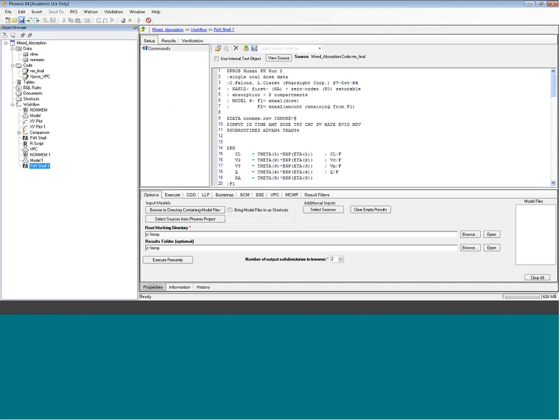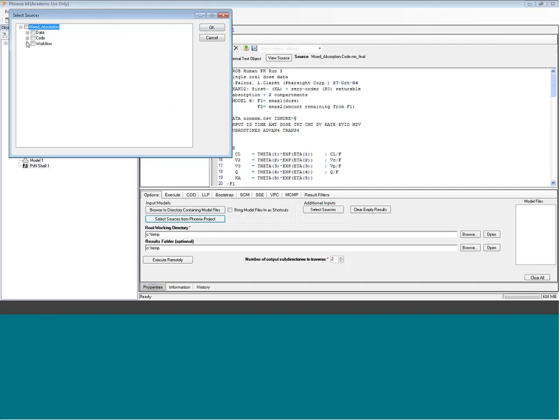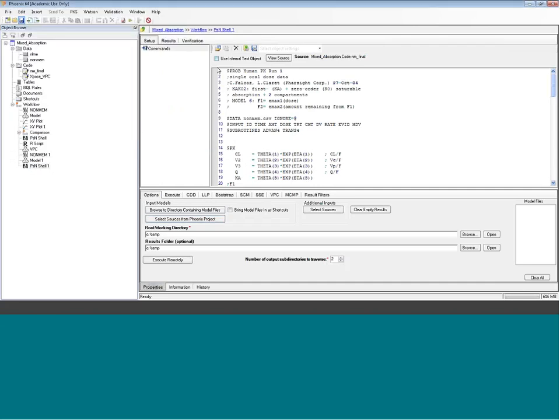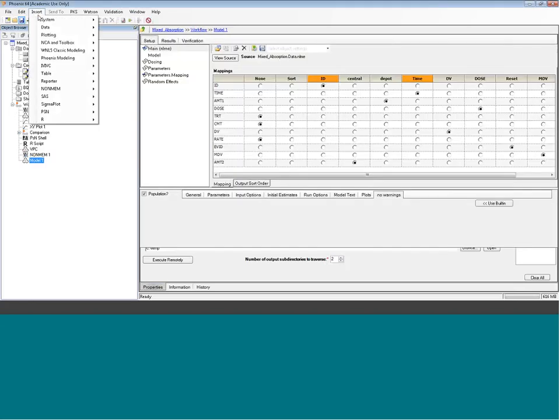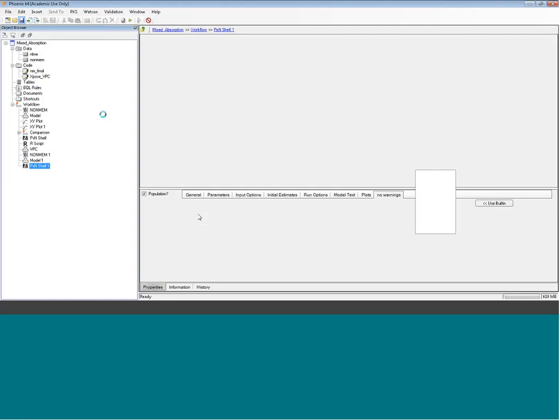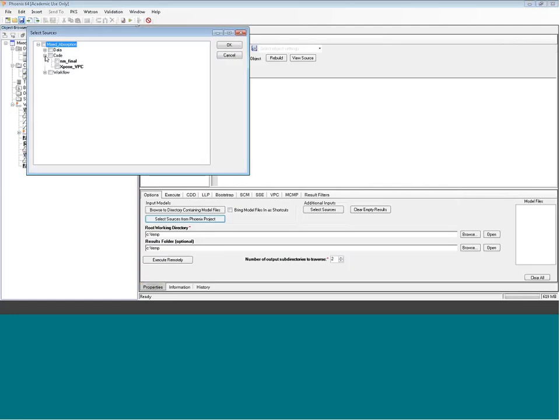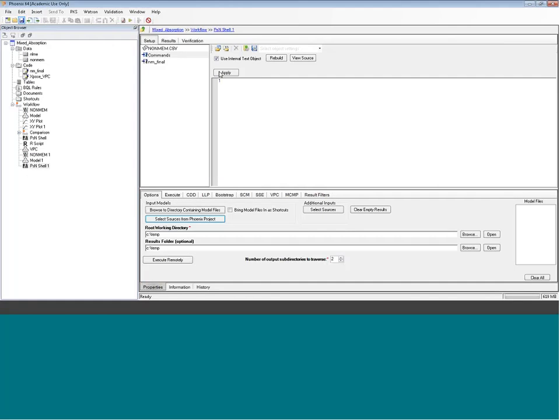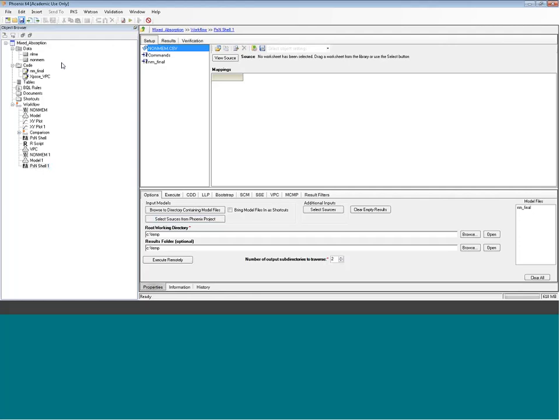So you have here your file, and then wait a second. Just a second. No, let me start from scratch. Delete this one. Insert PSN shell, and select the code from this one. And when it sees the code, it looks at the data record in the NONMEM control file and sees that there's a NONMEM CSV file required. And so you just bring this in,